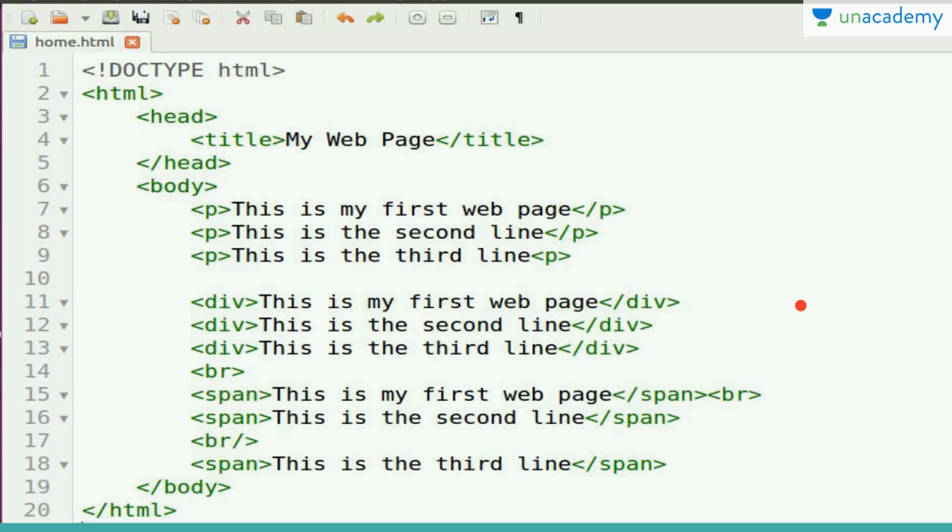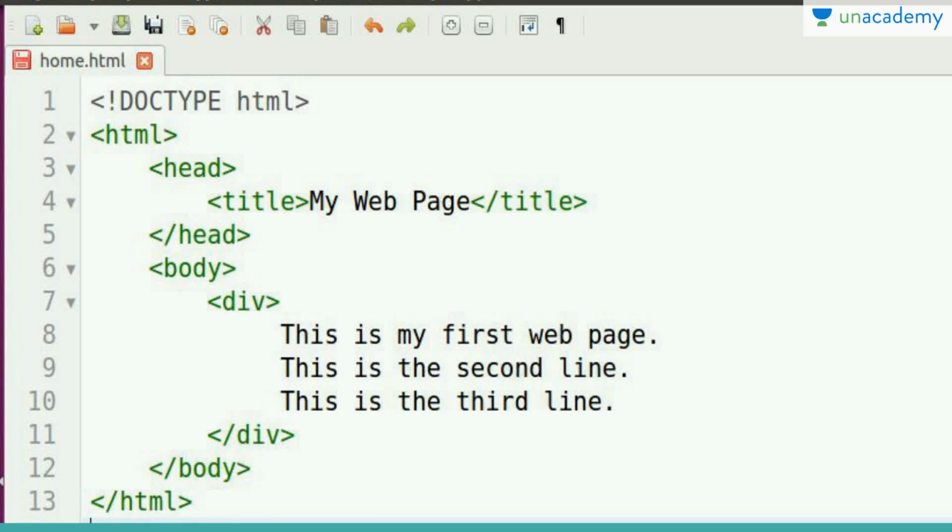Now you may think that the paragraph and div tag look the same, except for the margin developed by the paragraph tag. So which one to use where? We will understand these things when we develop our web page in further lessons. But remember one thing: div and span are used for grouping elements, while paragraph is not used for such cases. What I mean by this will be clear when we go into the CSS part. So now let's move further.